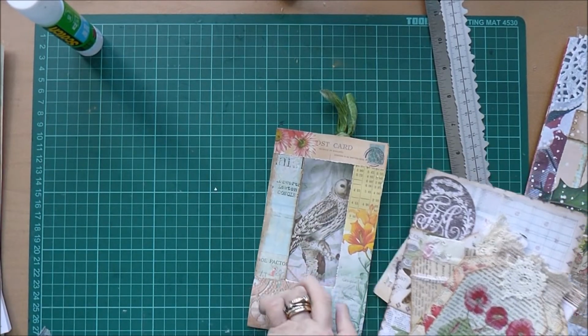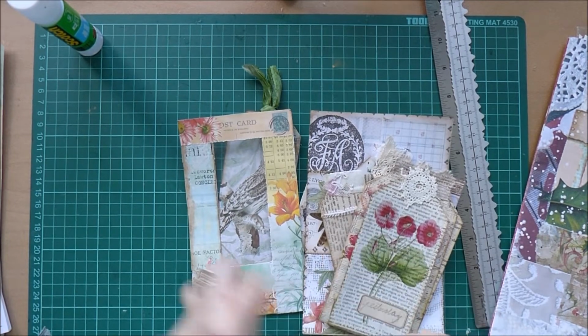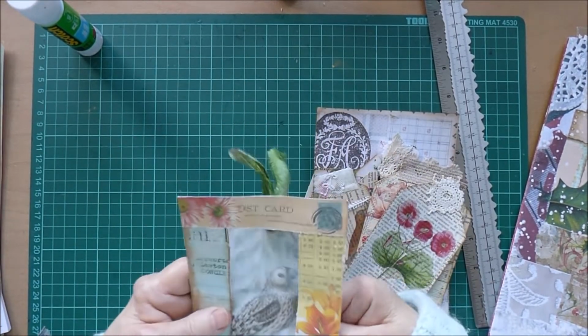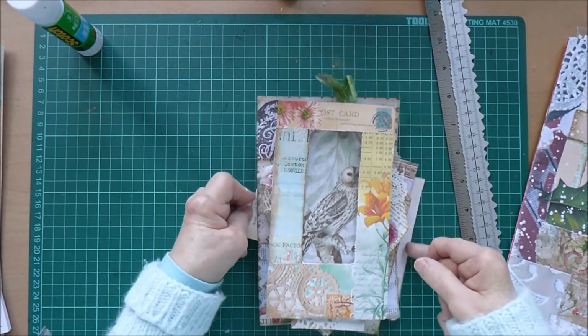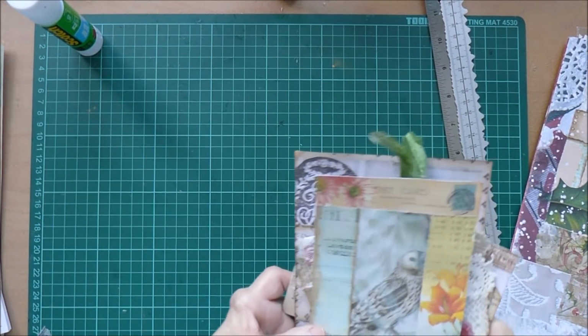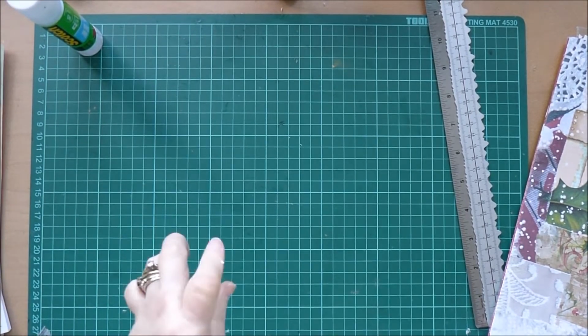So I'm probably, if I cut everything out from the kits that I've got and made them all up, I probably have enough stuff to make this journal. But I probably still will want to make some more ephemera, just because it's fun to do. So that's to that end. Just put those out of the way. I'm going to